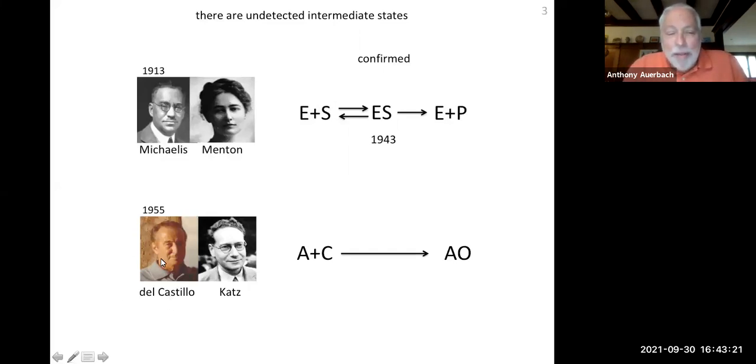So in 1955, Del Castillo, who was then a postdoc of the great Bernard Katz, took a page from Michaelis-Menten. It took a long time to take that page, but they eventually did it. They stuck an AC state in between C and O, and it was confirmed in 1985. This is after Neher and Sakmann invented the patch clamp, and Colquhoun and Sakmann measured this, got a signal from